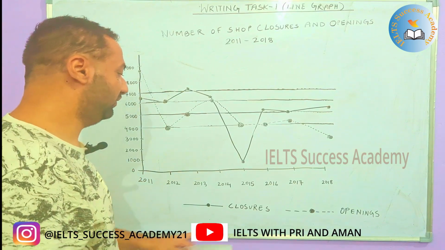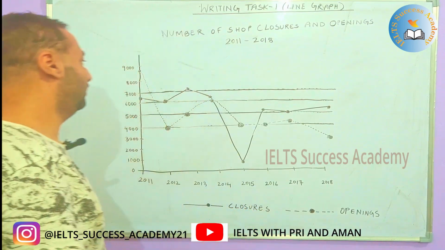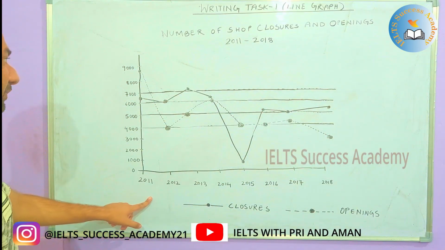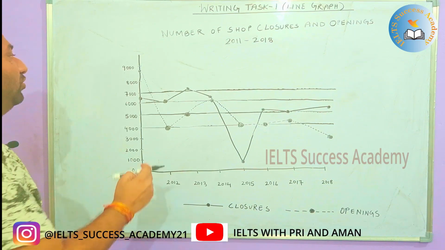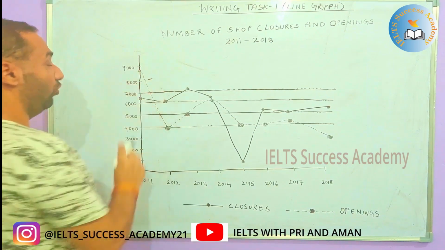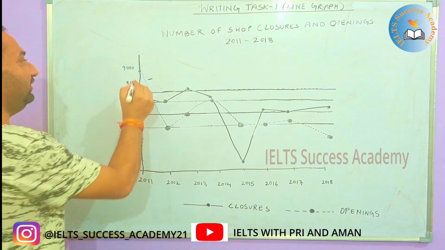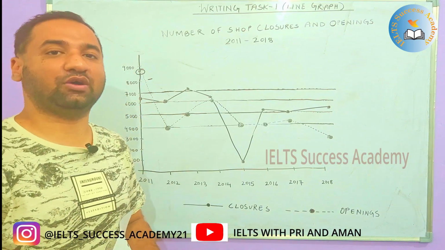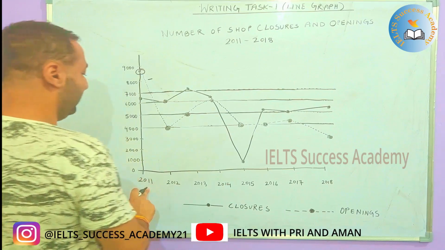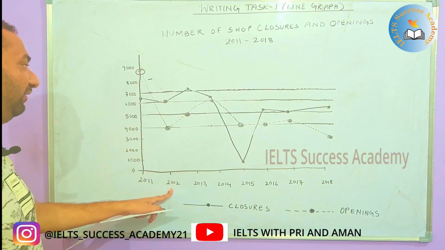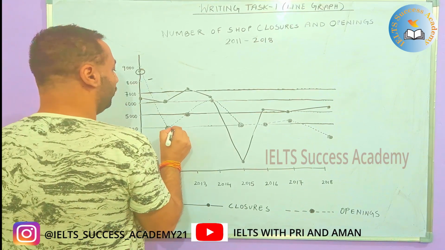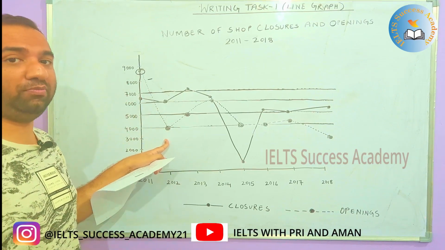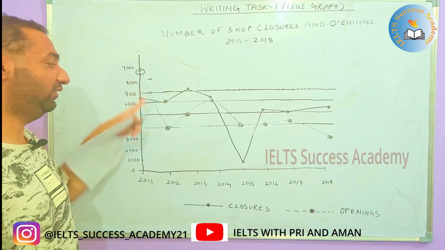So as you can see with the key, overall we can see that there are major fluctuations. So for example, if we look at openings first, openings are marked by just, so starting number of shops that were opened were just above 8,000 in the year 2011. By the year 2012, the number of shops that opened were just 4,000. So basically we had a drastic drop from nearly 8,500 to 4,000,